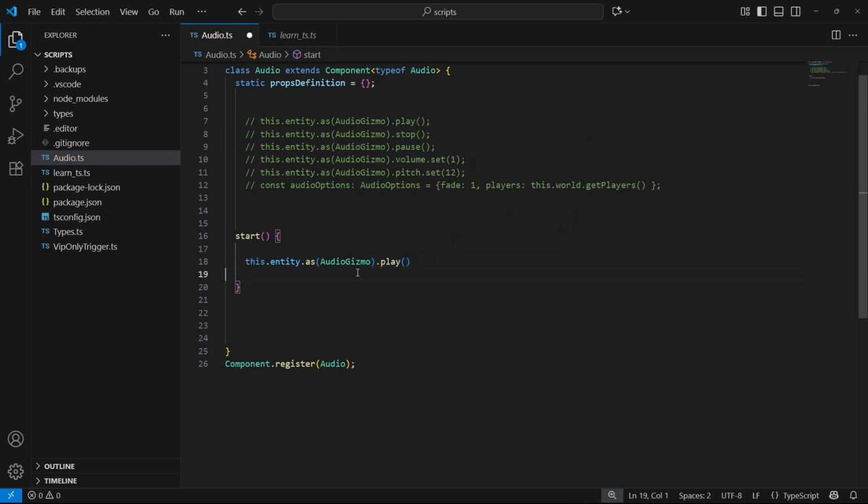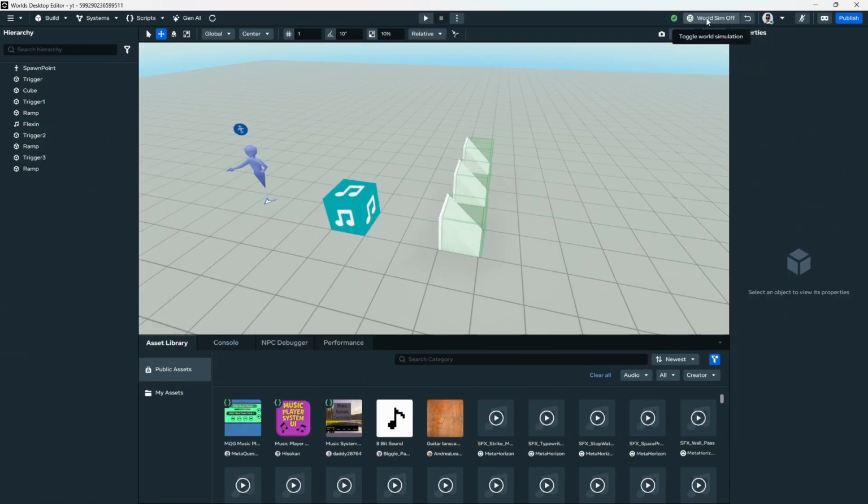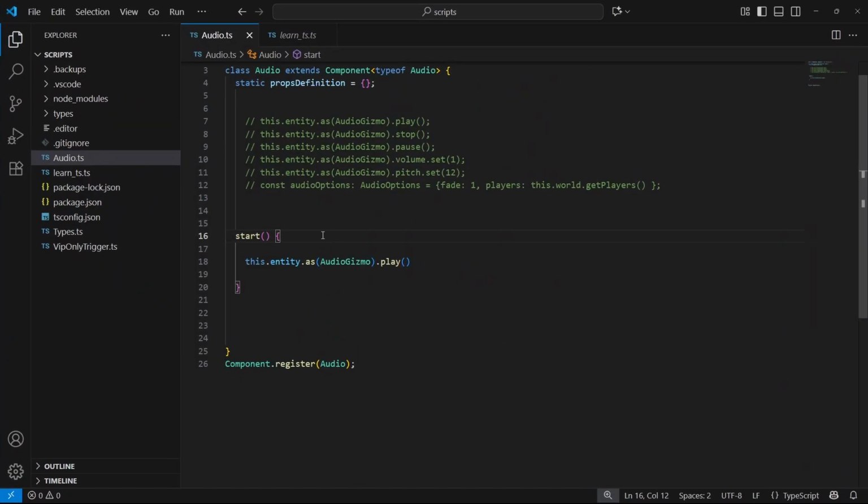And if we just save that, since we have the script attached to the AudioGizmo and we have this line in the start over here, once we start the game, it's gonna automatically run. So let's test that. So start, and as you see, the sound has already started. So let's stop that. Let's go back to the script section,